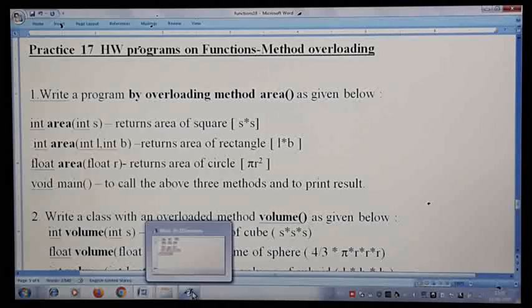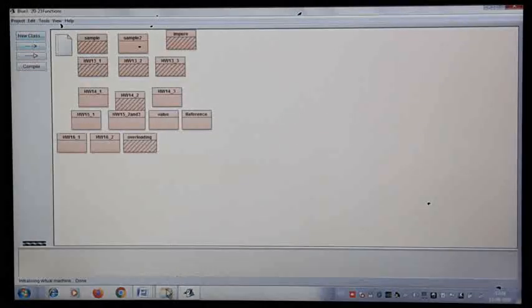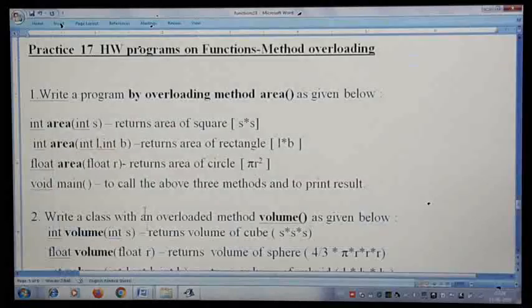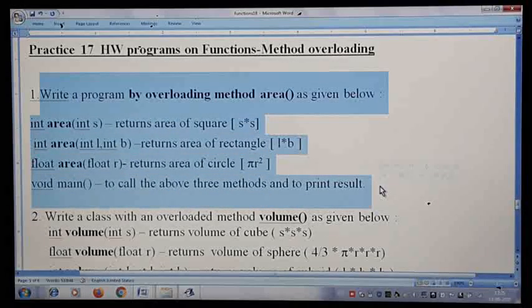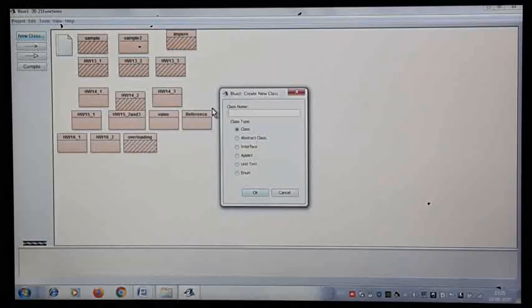I have not kept the program ready, so that when I start to type the program you will understand the writing flow and the execution flow, everything. I'll type and show you how exactly the program is going to work for the first question, which is finding the area. Let me copy down the question so that while writing I can see the overloaded method with the arguments, everything. I'll take one class here. This is the homework. While writing I'll write the class name here.